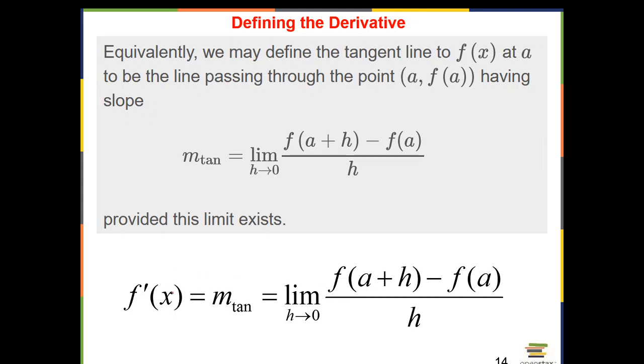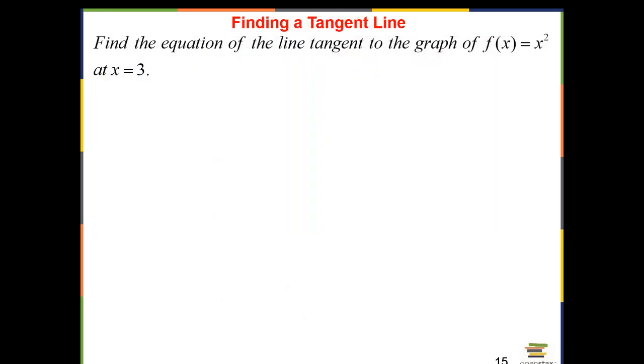Again, I have to fix that. This is f prime at a. It would be f prime at x if we change this a to x. If I change this to x, that would be f prime at x. But if it's a, this is a. All right. So if this limit exists, of course, then we say that the slope of the tangent line is f prime at that number. All right, so find the equation of the tangent line